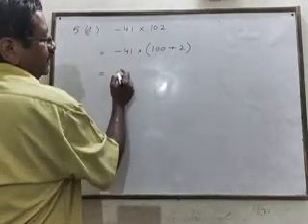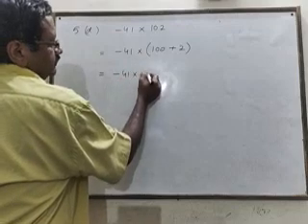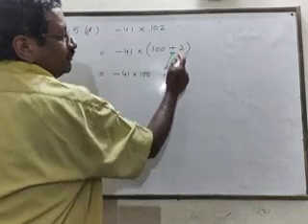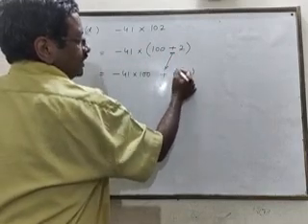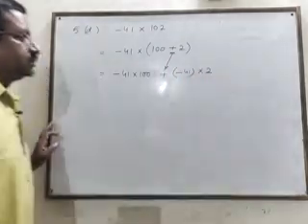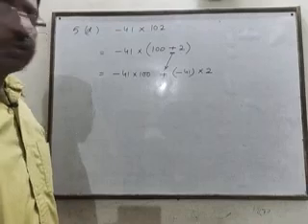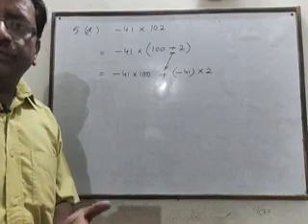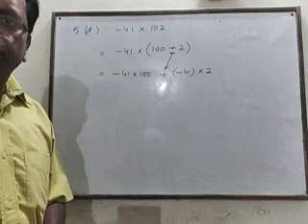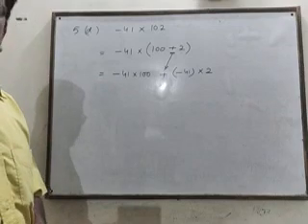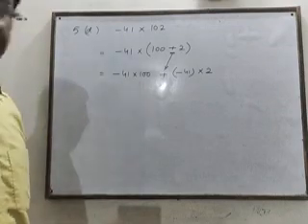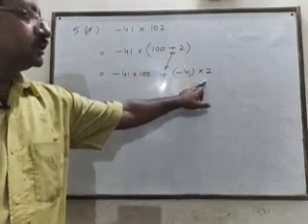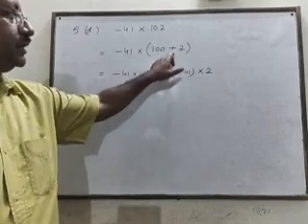So minus 41 multiply 100, then this sign will be there, plus minus 41 multiply 2. This is the base of distributive property. Those who don't know how to use this distributive property, go to the video, third video of integers, third part. We have discussed all the properties over there, so you can see that video. Minus 41 multiply 2 will be written here, and in between the sign will be this one.